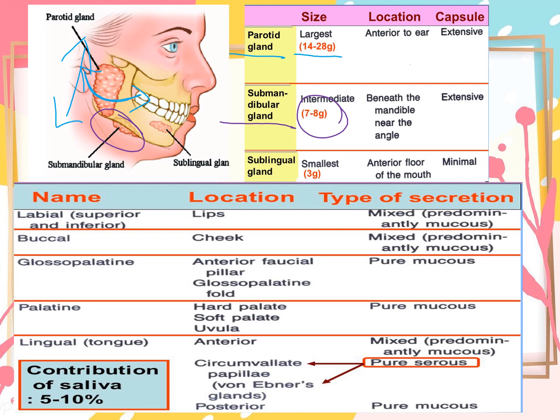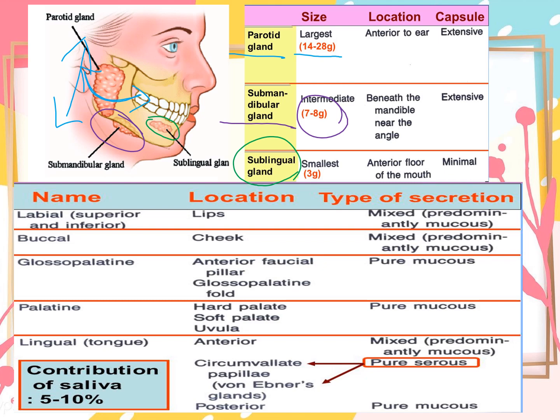Now the next largest salivary gland, which is actually the smallest among the major ones, is the sublingual gland. It is the size of an almond and the sublingual gland lies in the floor of the mouth. Sorry, it is almond shaped. It is composed of many small glands and one main gland, and the main duct, that is Bartholin's duct, opens with or near the submandibular duct.